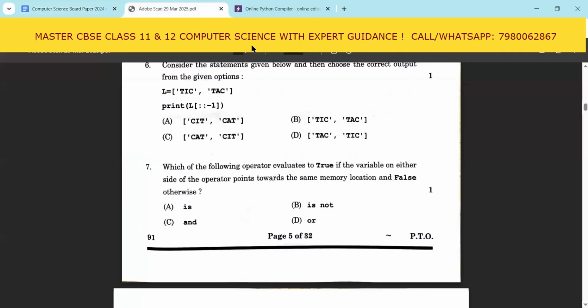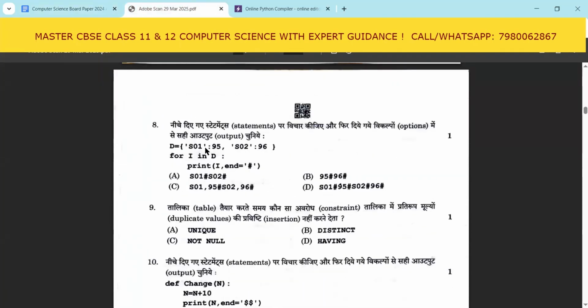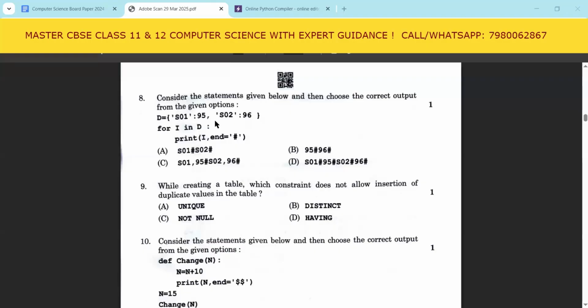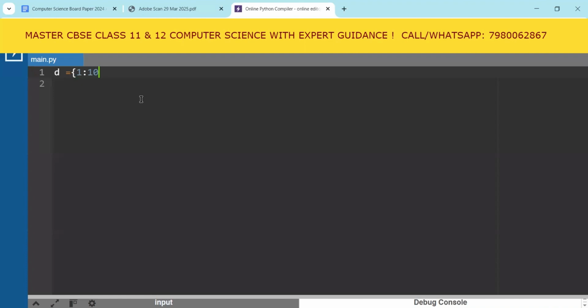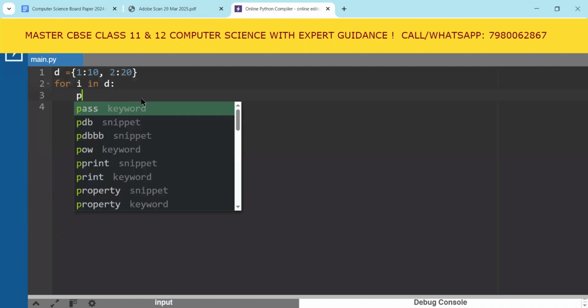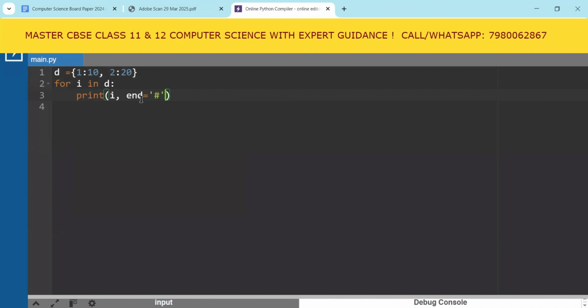Now we come to the next one. Let's do the English version. Okay, now question number 8, consider the statement given below and choose the correct output. So there's a dictionary, and in this dictionary, these values are there. Now, before I give you the correct answer, let's say a dictionary D with some values like 1 colon 10 and 2 colon 20. Now, for i in D, if you print i with end equal to hash, right? So if you do this and run it,